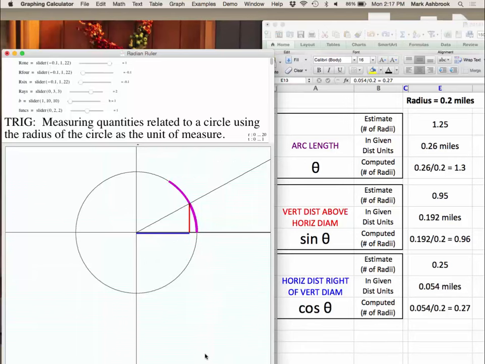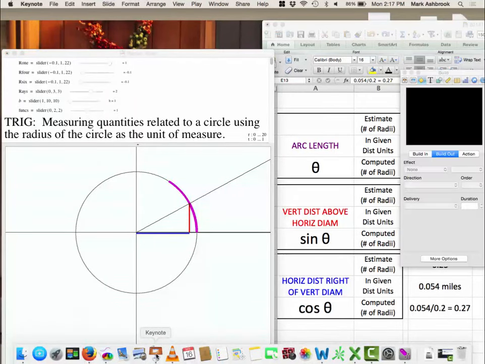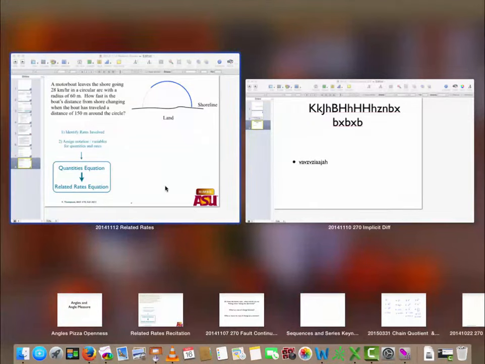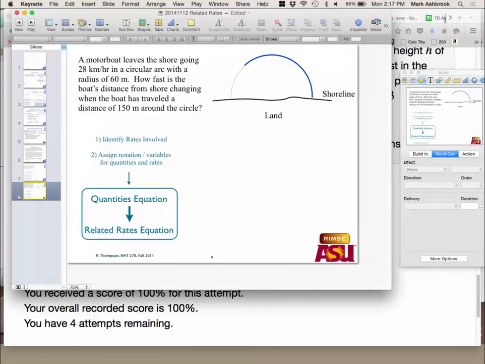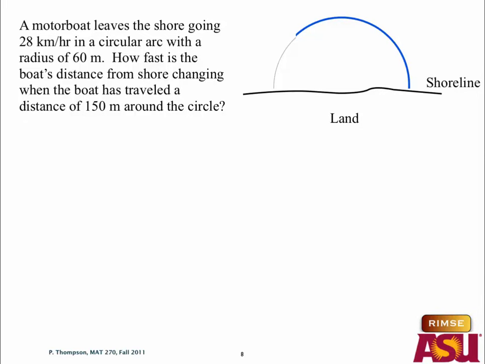Okay, so let's look at an example here. A motorboat leaves the shore going 28 kilometers per hour in a circular arc with a radius of 60 meters. How fast is the boat